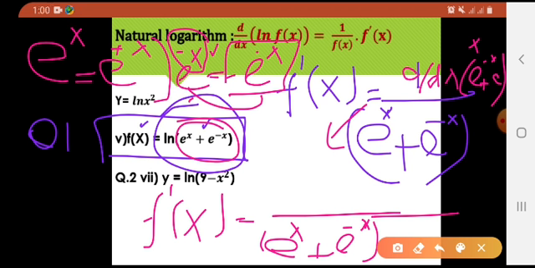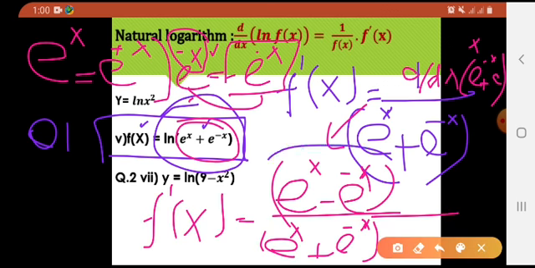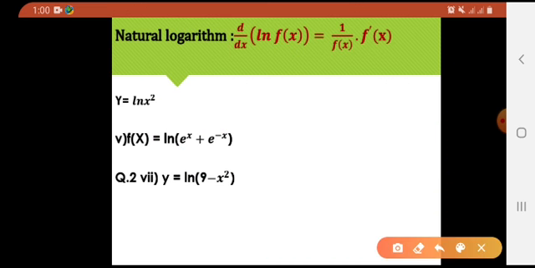So here you can see what would be my derivative. It would be e raised to the power x minus e raised to the power minus x. कैसे, वो मैंने यहाँ discuss कर लिया. Okay, now one more thing, boys and girls, you can see over here, what am I getting? e raised to the power x minus e raised to the power minus x divided by e raised to the power x plus e raised to the power minus x. What is it? It is tan hyperbolic function of x. Chapter number 1 में हमने ये पढ़े थे, right?